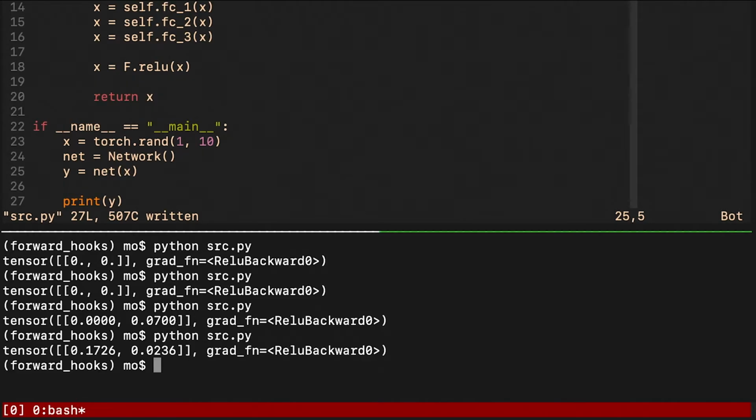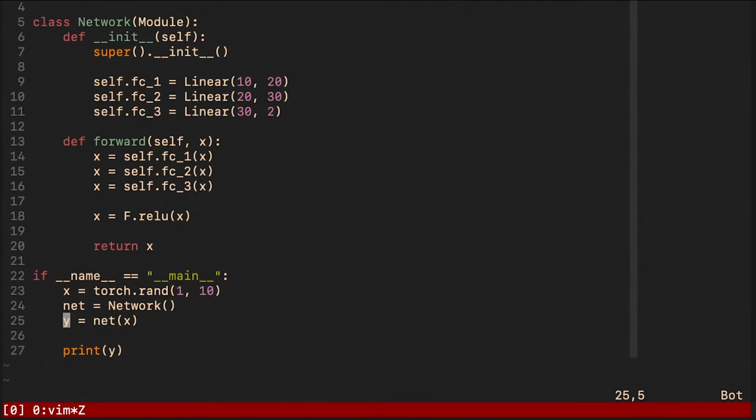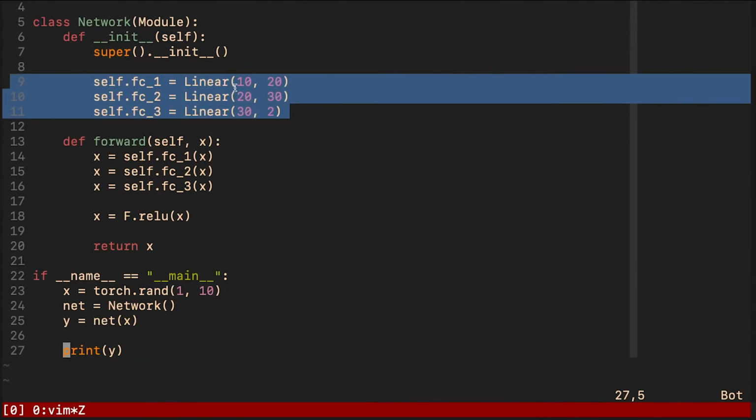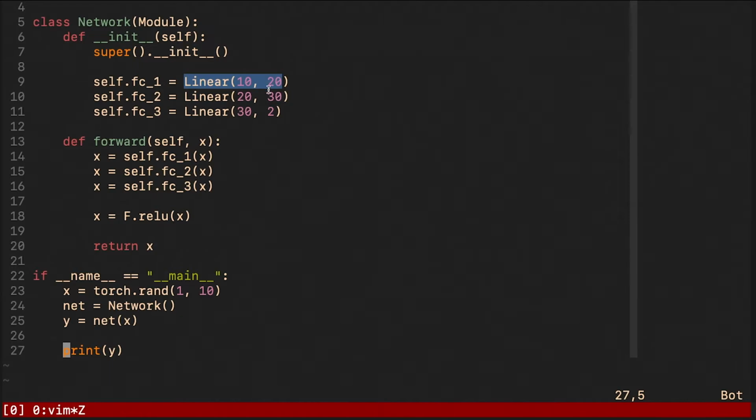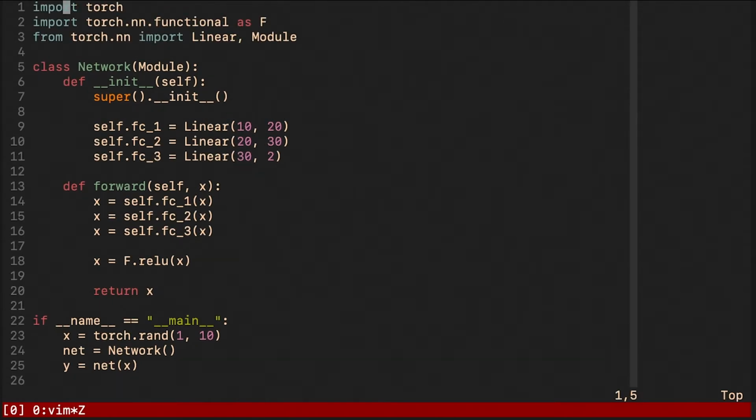What's interesting also is that, as you can see, the result is different each time, and the reason for that is actually here, because each time the input features look different, and also the fact that we reinstantiate the neural network, and also the weights of the linear layers are initialized differently each time. All right, so we have a working neural network, and let's continue.